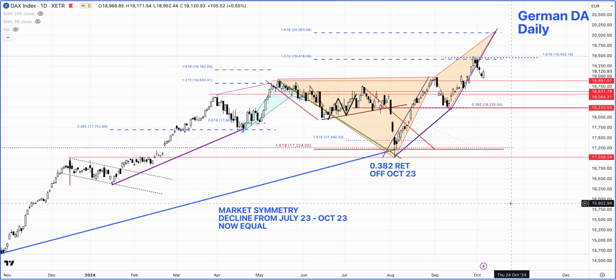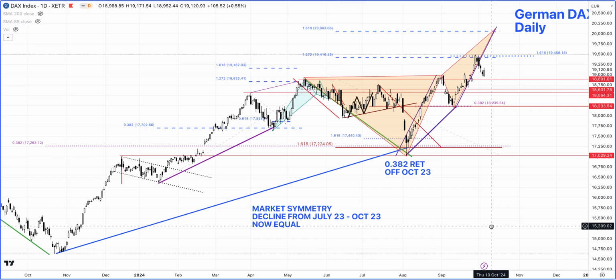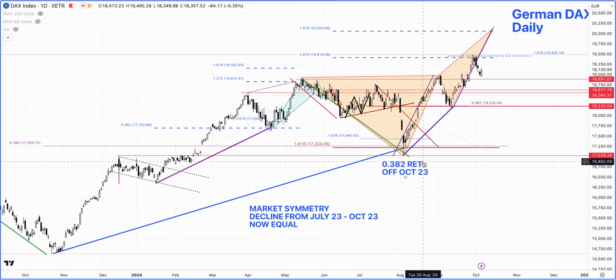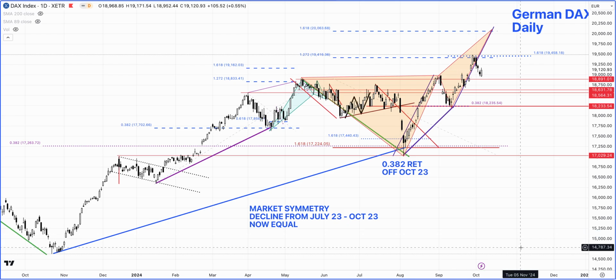Look, this market had a really strong rebound from the 5th of August lows, and that's where we have this big 38.2% retracement exactly to this point. The pattern formation that I'm looking at is in this shaded region, and the chances are it could actually hit that 20,000 mark, which will be the 1.618 expansion of these highs from the 16th of May 2024 to the 5th of August 2024. So really interesting. We have two different patterns from two different time frames: the weekly, the really longer term one, and the daily, the shorter term one.